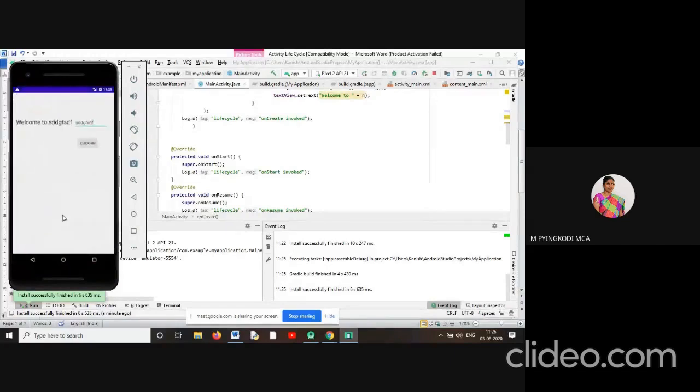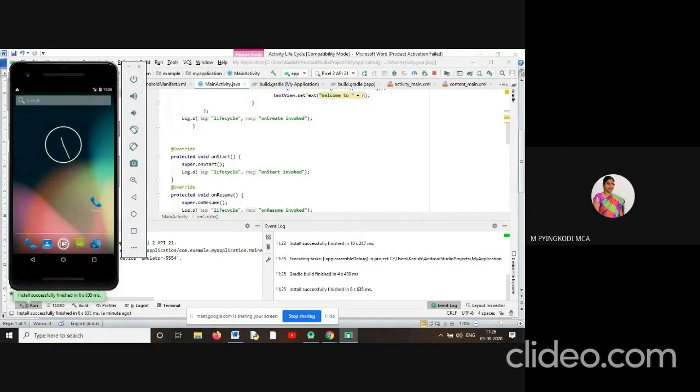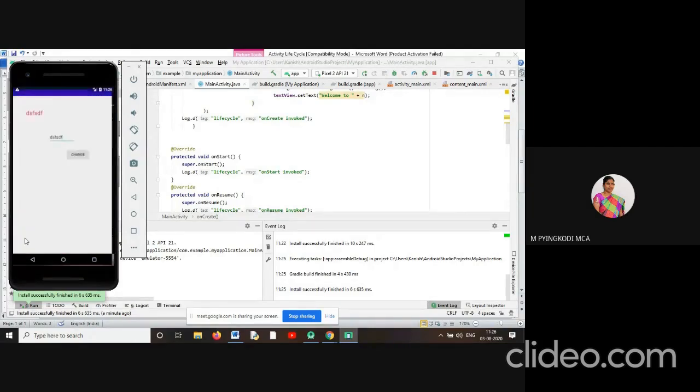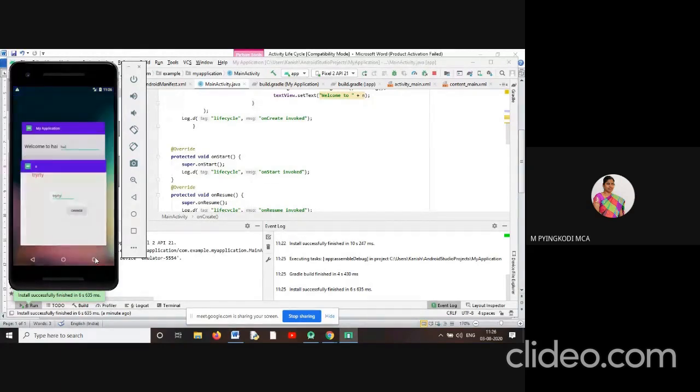So I'm using this application. After that, I am using one more application. So now I have used two applications.